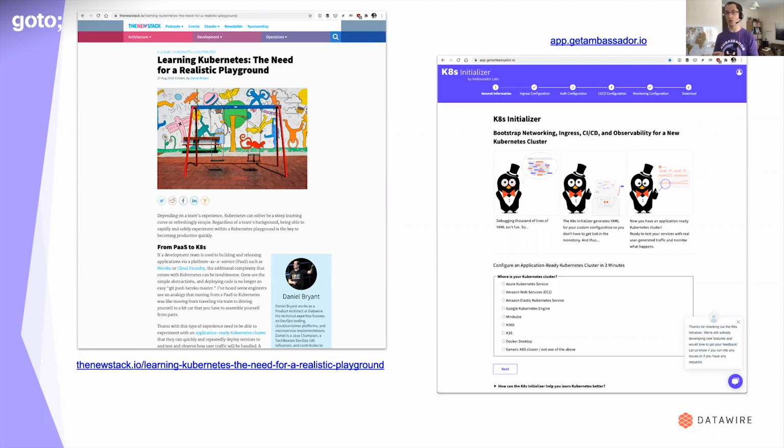We've got a free tool on app.getambassador.io, which allows you to answer a bunch of questions about where your Kubernetes cluster is, and it spits out some fully formed YAML that configures all the things I think are essential for a platform, like edge, observability, and continuous delivery. We've got Argo, which is a great CD tool, in there as well. So we're trying to make it easy for folks to experiment with these things. No sales pitch there, it's a free tool, no registration required, but we think this is a good way of getting started to poke and prod around Kubernetes and Edge and how it relates to your apps too.